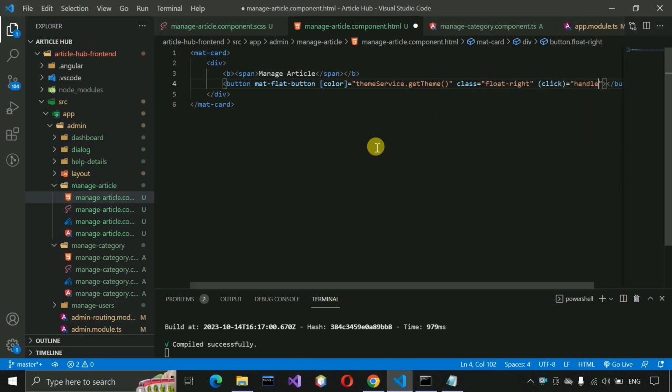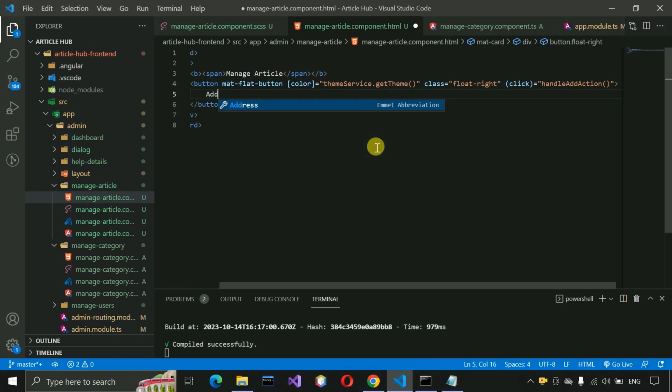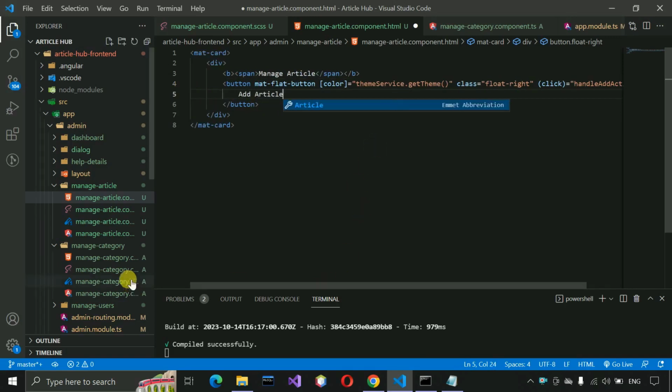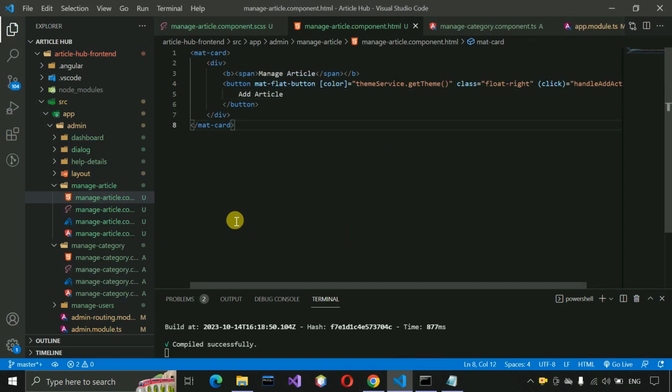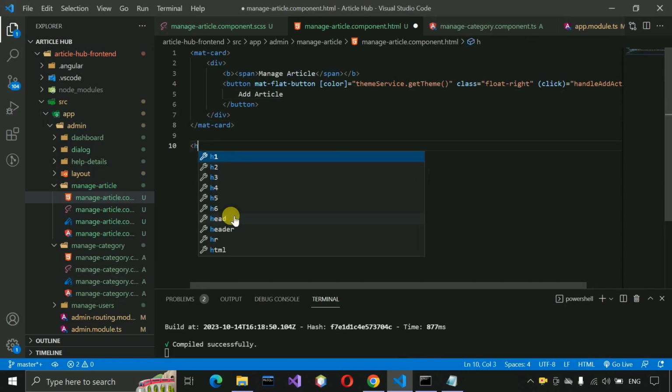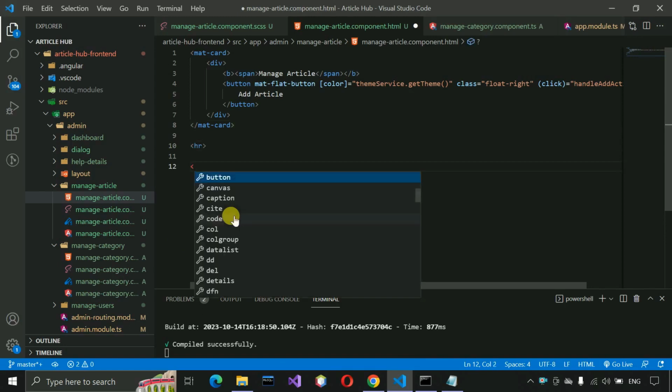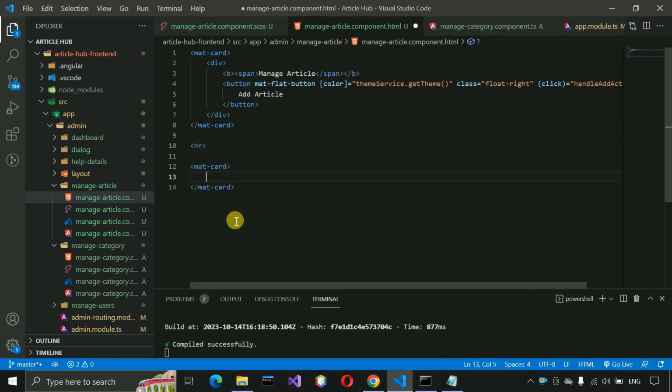handle add action, and here add article and put save it, and then here put HR and mat card, and here mat form field, and appearance will be fill,